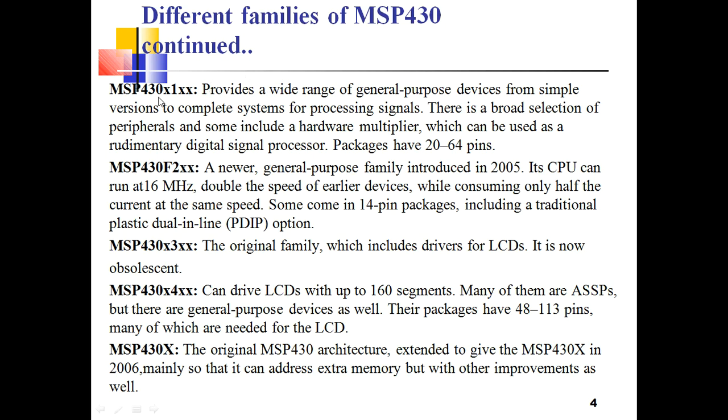Here first one, MS430 X1XX. In place of the X you have to mention the type of memories. Next you can mention the different package type, temperature range, remaining you can mention according to the families, and according to the usage these are going to change. Only 1 indicates first generation, 2 indicates second generation, 3 indicates third, 4 indicates fourth. Here MS430X1XX means it is the first generation.